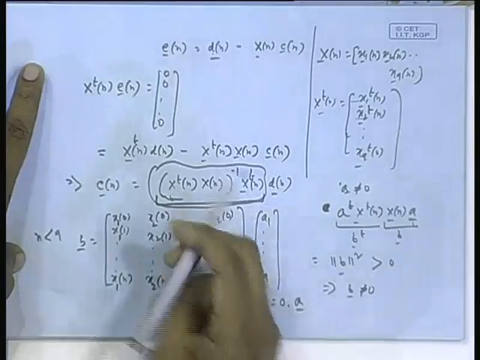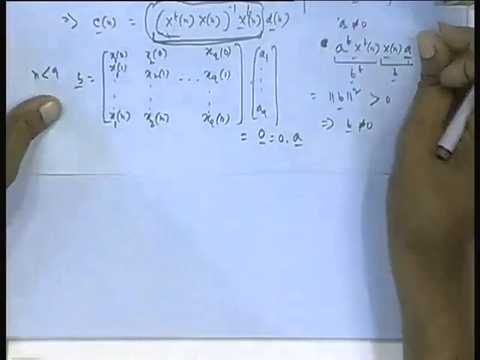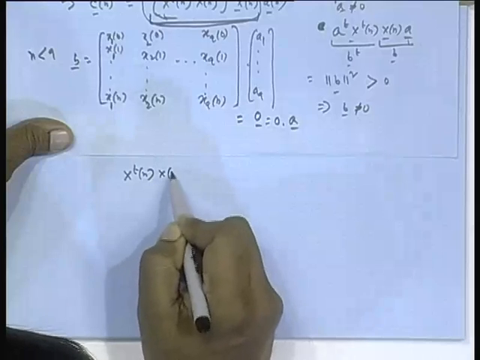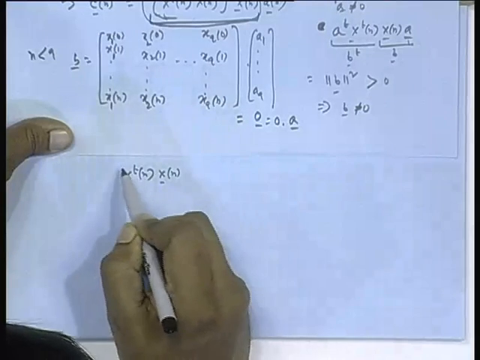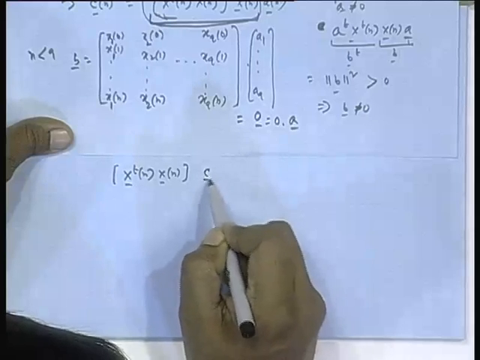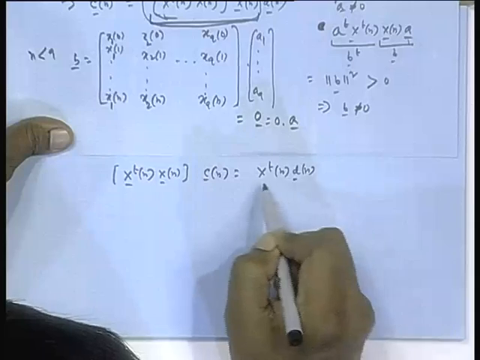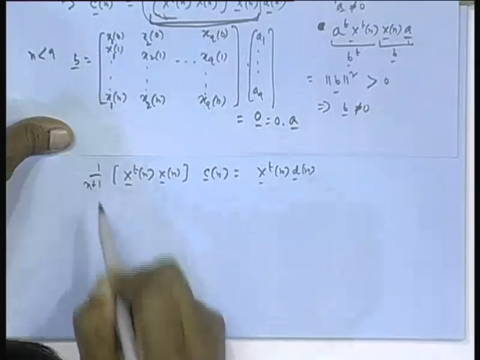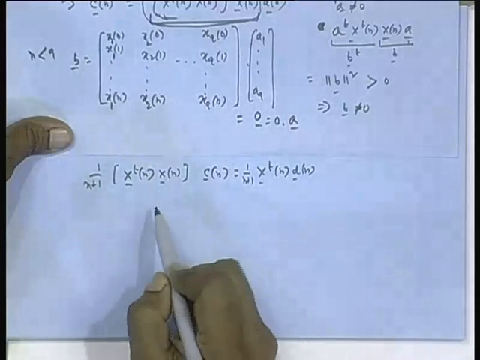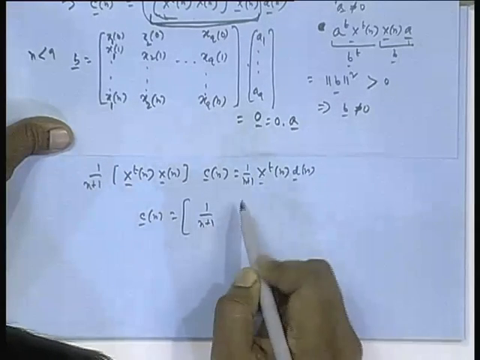So, this equation I equated to 0, and I had that Cn is equal to x transpose n dn. This is what I was doing yesterday. Suppose I divide this by 1 by n plus 1, this also by n plus 1. In that case, the same Cn can also be written as, like this, 1 by n plus 1